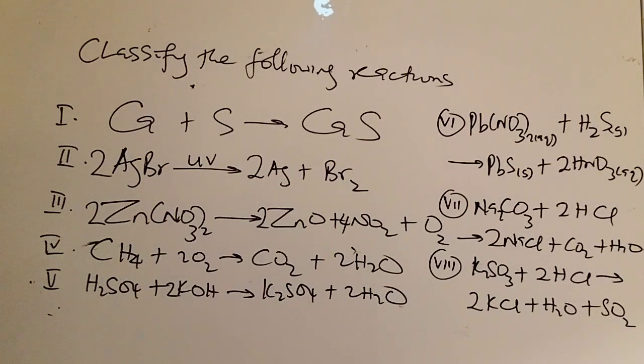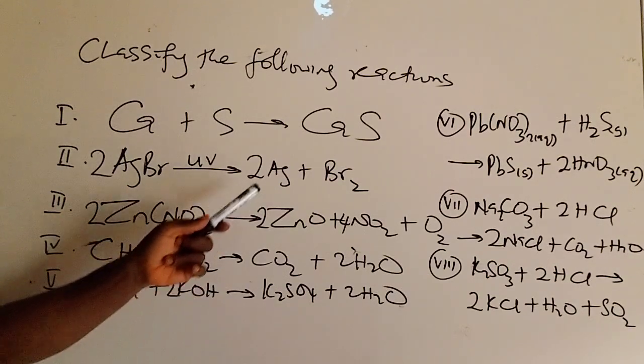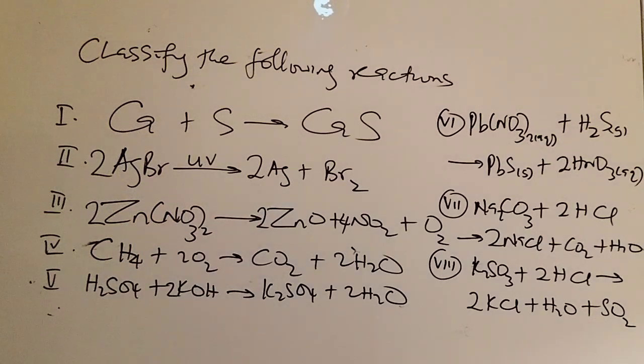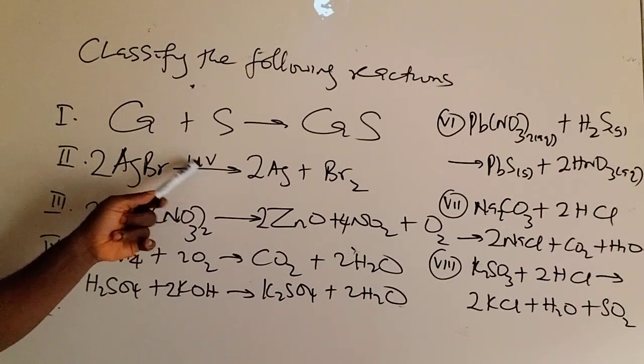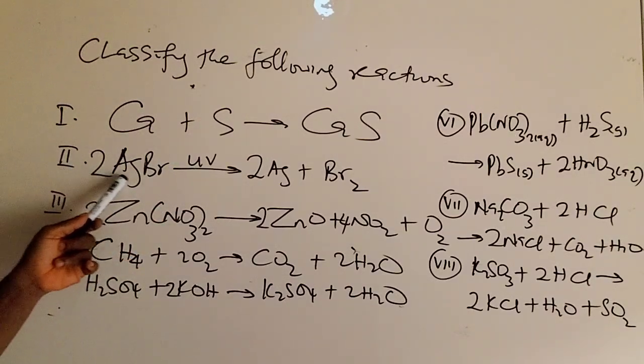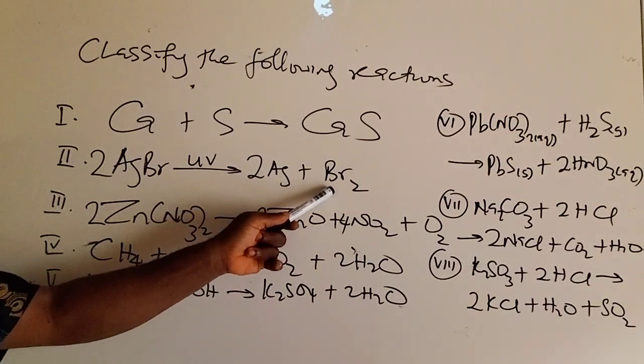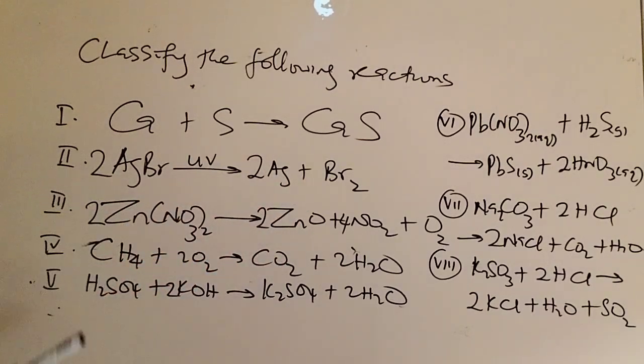Which reaction might involve a compound to give you two or more products is called decomposition reaction. But the initiator, or the agent that brought it about, is light, UV rays. So this is called photochemical decomposition reaction because of the agent involved here. Number three is more like number two, whereby